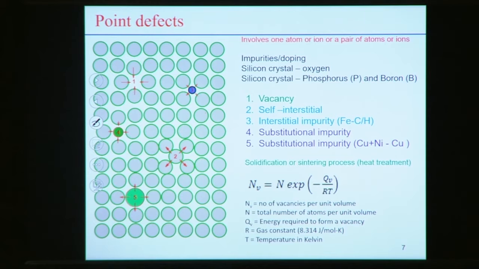So point here represents, in terms of space, a specific atom site or interstitial site. First, one type of defect is called a vacancy. If you look into the vacancy, point 1 actually represents the defect like vacancy. Here it is simply the missing of an atom from the regular arrangement of atoms. So that type of defect is a vacancy. Second is the self interstitial. If we look into